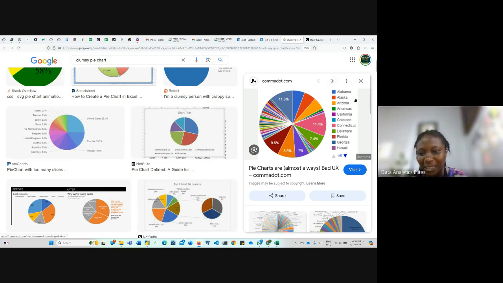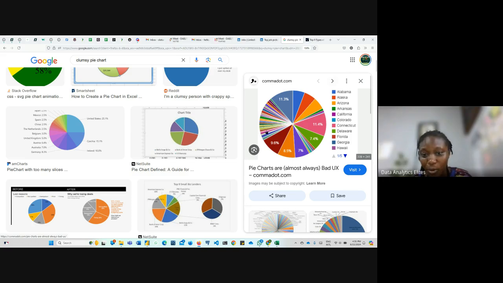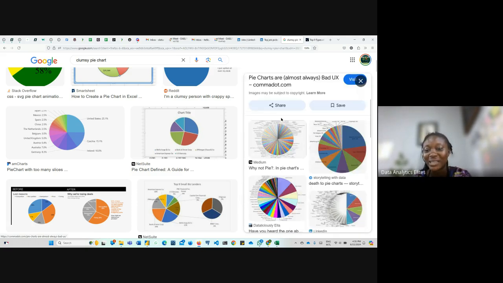Or Alaska? Or Arizona? Or California? It is really clumsy. Yeah, we expect all of this that looks like a rainbow. You can't, there's no sense. You can't make any sense out of a pie chart looking like this